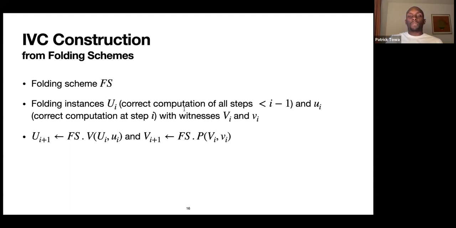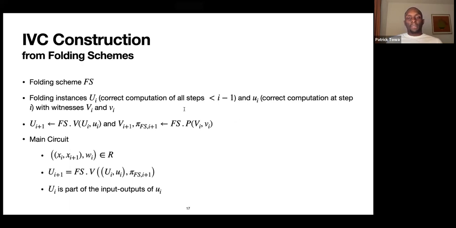And also, one is going to run the prover to get a witness for this. Now there's a main circuit, and what this main circuit is doing is basically checking one step of the IVC computation. It is checking that this new capital U_{i+1} is indeed the folding of both U_i's. So basically, we went from attesting the correct computation from step 0 to step i minus 1 to step 0